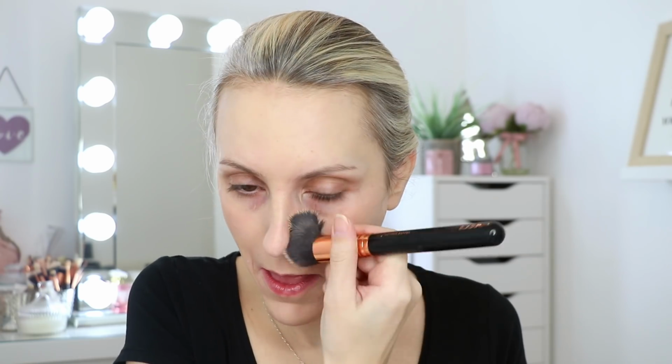So once you've got it in the center of your face, that's when you start blending it out to the edges. And you never actually need to get it to your hairline. Just blend that out nicely. So as you can see, that's just a really natural finish. This is by no means a full coverage, but it's just really evened my skin tone out and given a